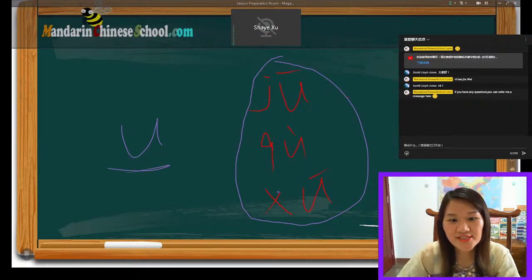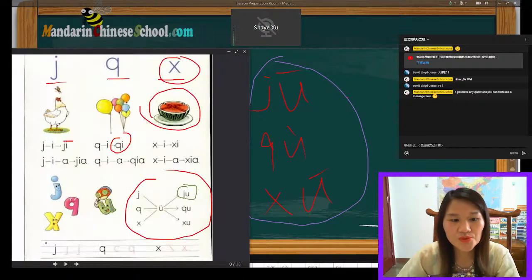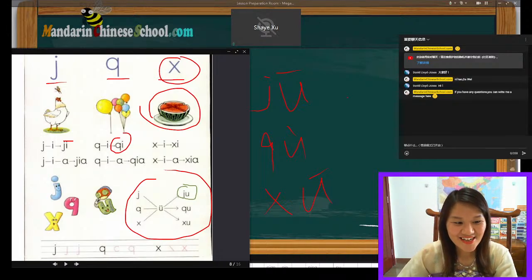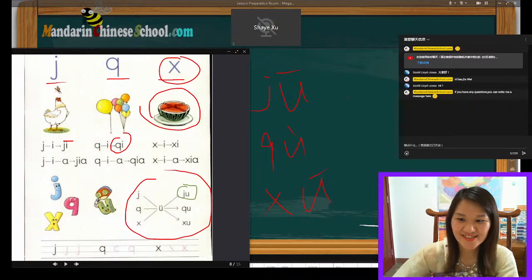The Ju, Qu, Xu with the u together, it's actually pronounced ü sound. 居、去、许，居、去、许。You get it? 你会了吗？学会了吗？